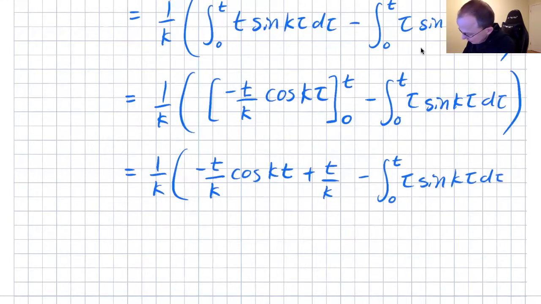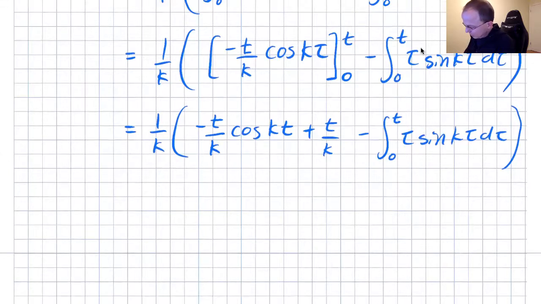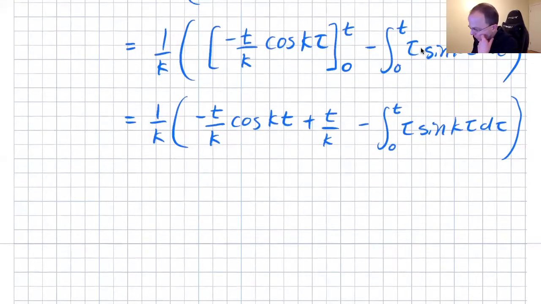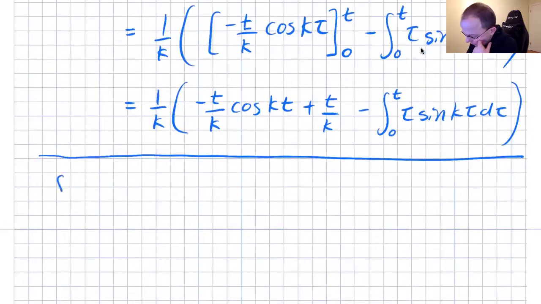All right. Not happy with that tau there. A little bit better, not perfect. Okay, so that's what we have there. Let's just make a little bit more room here. So add a page. Okay, so I guess let me just take care of this thing separately, and then we'll plug it back in. So let's focus just on this integral here, so I don't have to keep writing all that stuff. Because we're going to do integration by parts,